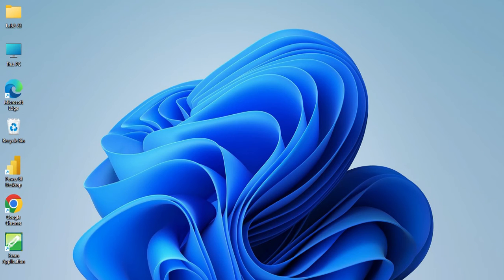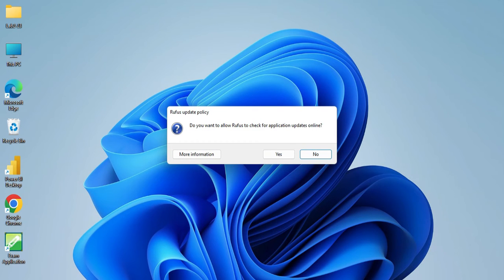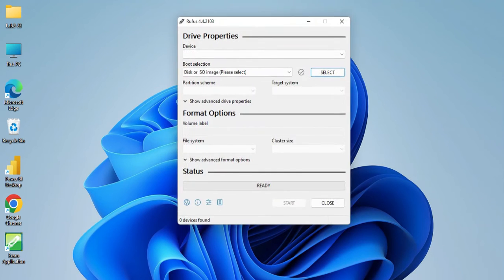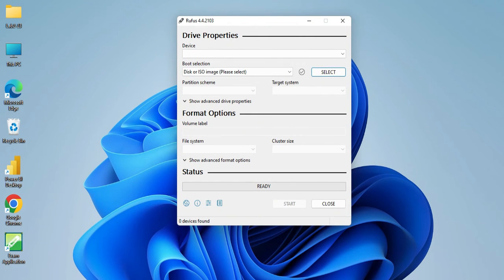Now I don't need to install it because it is an exe file. I can directly use it. So I'm just clicking on this exe and I'm minimizing my browser guys, and now here it is showing me this message. So it is asking me whether to check for updates or not. So I'm just clicking on the no button. If you want, you can click on the yes button also if you want any update to be checked. So here simply I'm clicking on the no button, and guys, here it's showing me this screen.